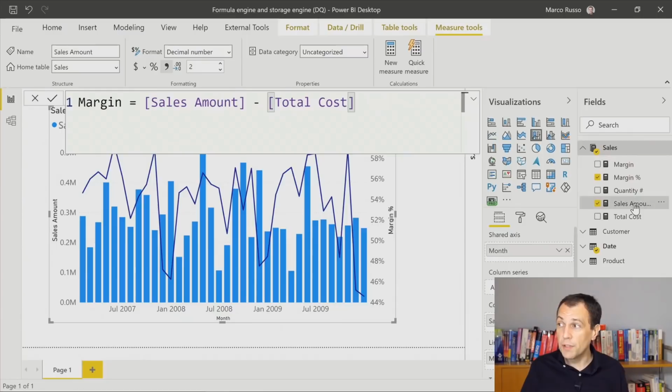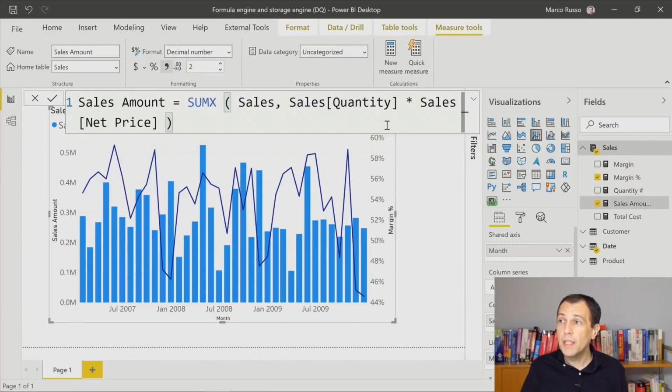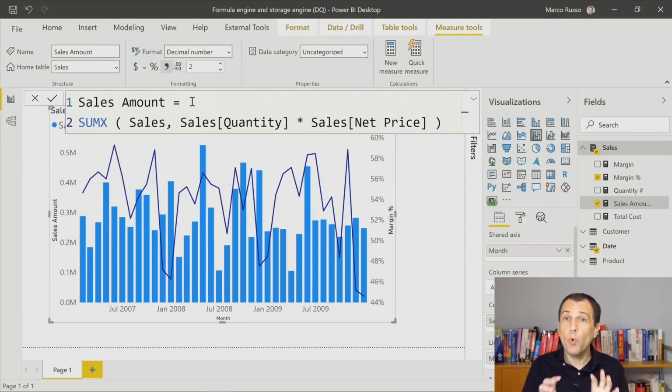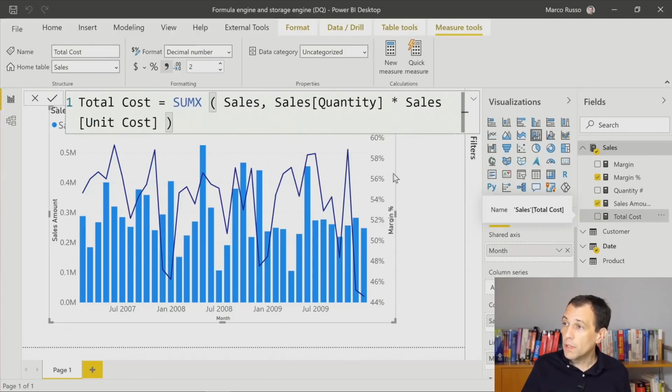And what are sales amount and total cost? Well, sales amount is the sum of the multiplication of quantity multiplied by net price. And finally, these two columns are two actual columns of the data model we have in SQL. Quantity and net price, like for total cost. Total cost has a quantity and unit cost.